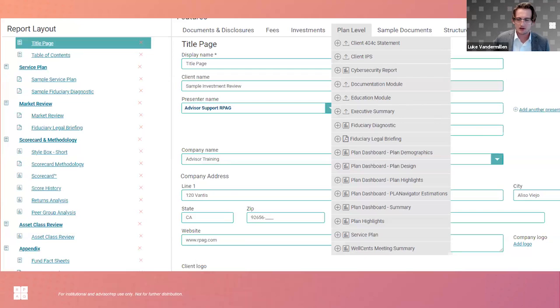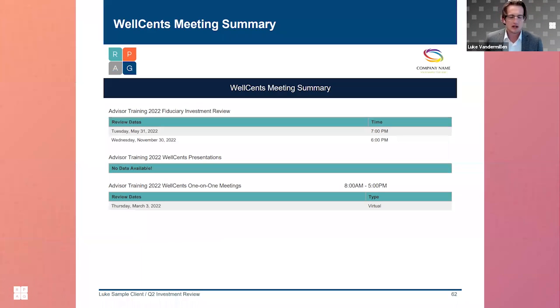The next exciting resource I wanted to cover here is a new plan review module called WellSense Meeting Summary. And again, this is specifically for folks that are using our WellSense Financial Wellness Program. And really, this WellSense Meeting Summary, think of it as a hybrid between the meeting agenda function within RPAG, as well as the service plan. It's just a quick overview of